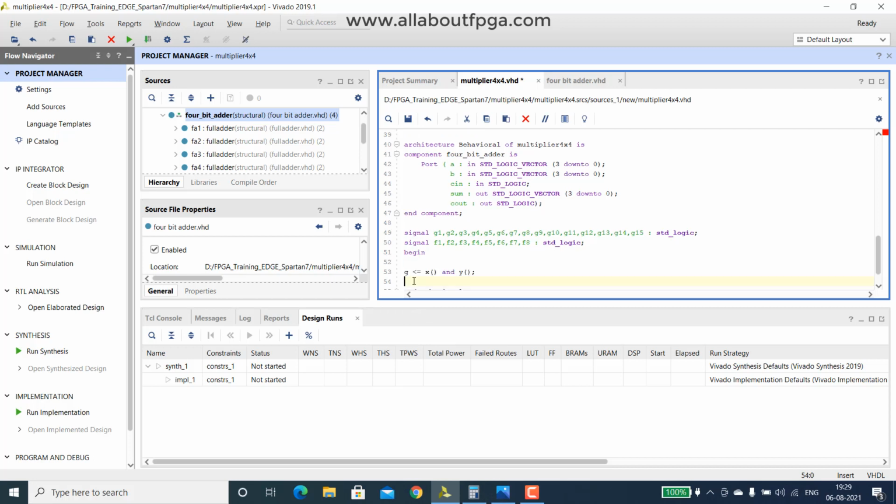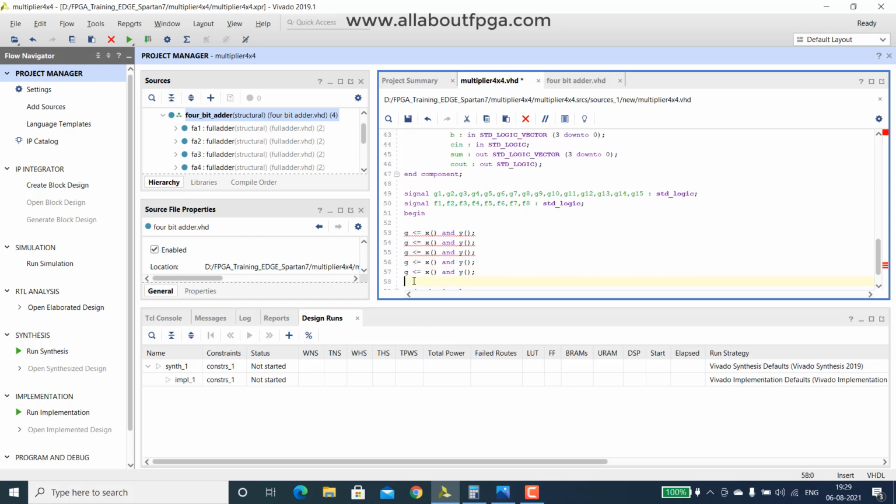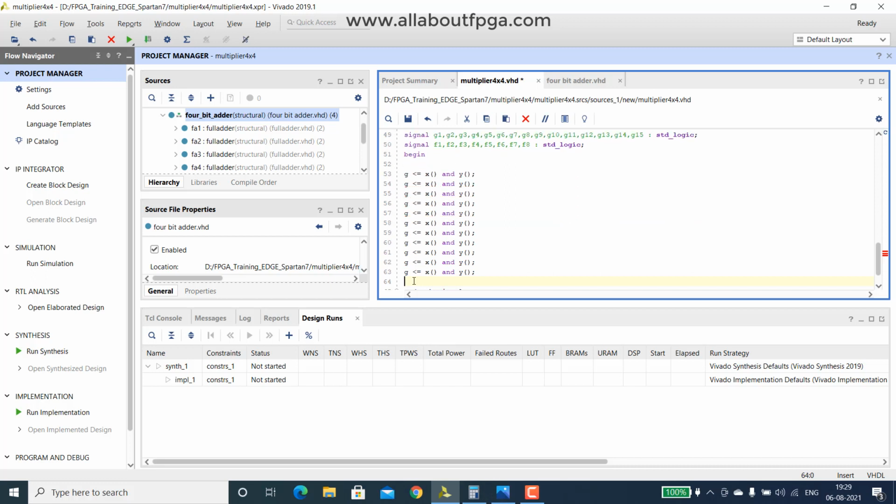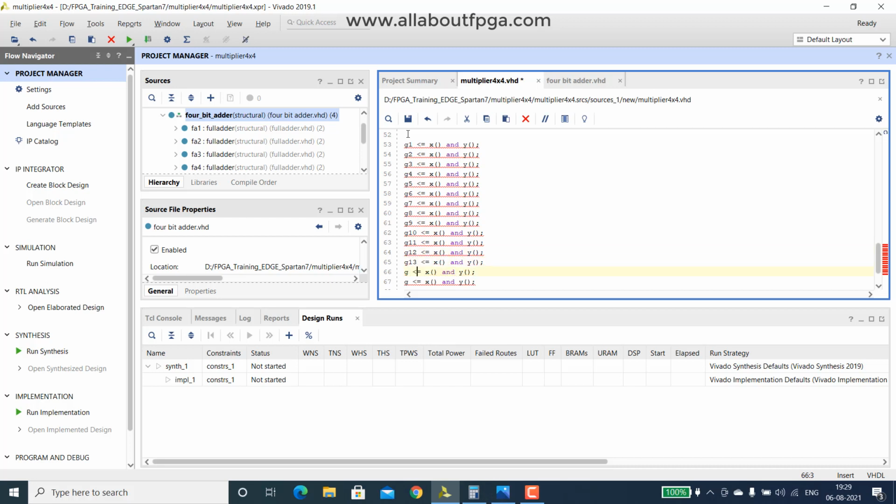I copy it 15 times and name it G1, G2, G3, up to G15.